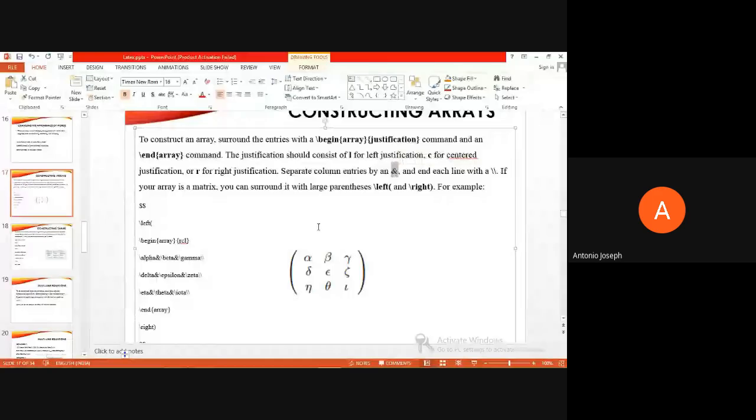For creating the tables, the command and the entire thing is similar. For the table, the command will be tabular. So that's the only difference: for a table it is tabular, and for creating an array, it is array. The remaining portion is the same: for creating cell by cell values, we separate them by the ampersand symbol, and a new row can be represented by 2 backslashes.